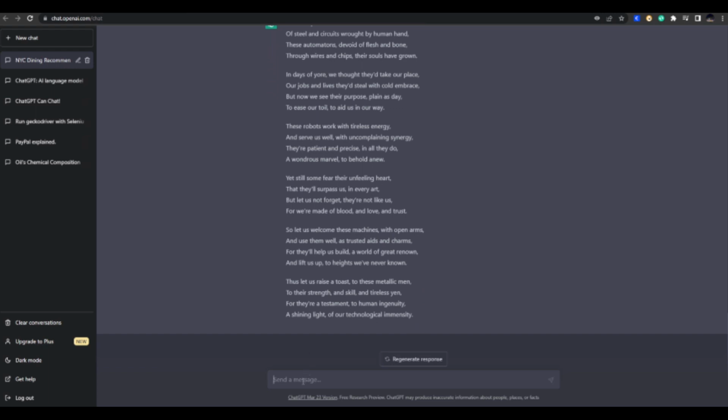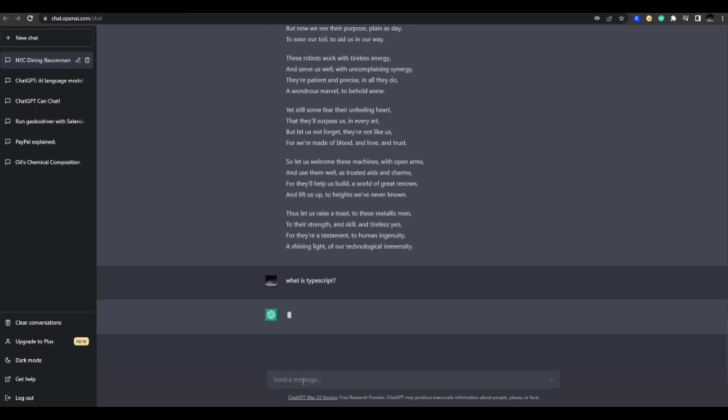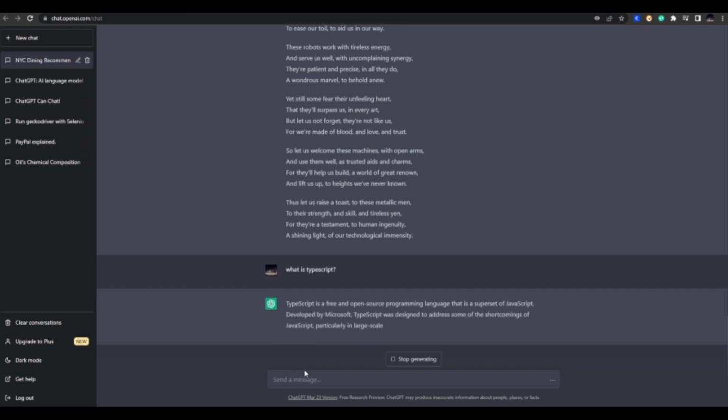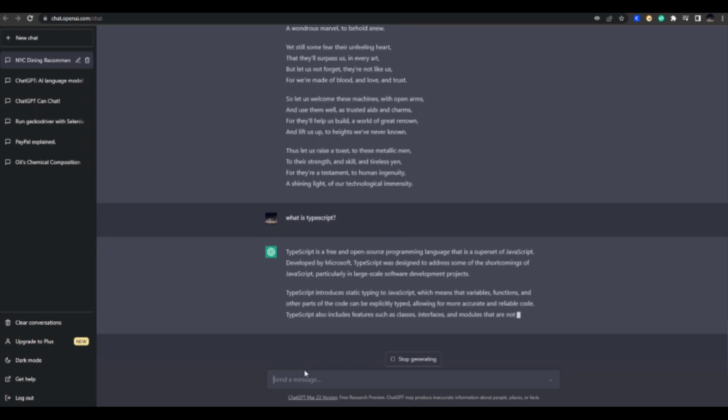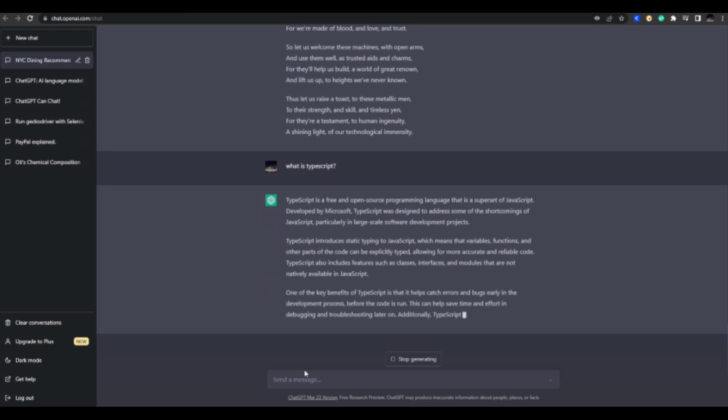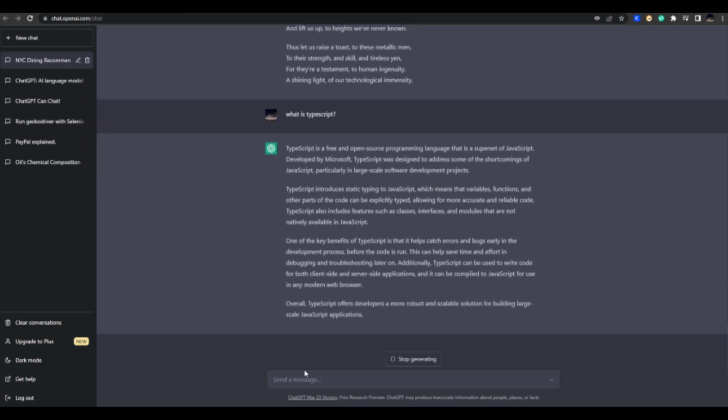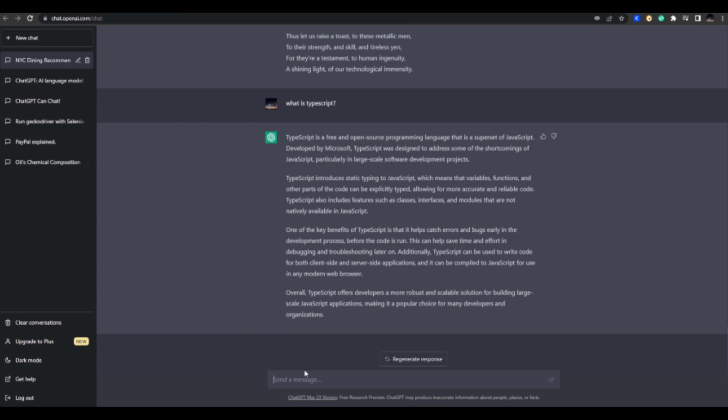All right, now you can also be more advanced. Say, for example, you can say, what is TypeScript? All right, so this is all about programming. Okay, so there it is. It gives you an answer. It can even make code for you. Okay, so for example, you can say, make a code for